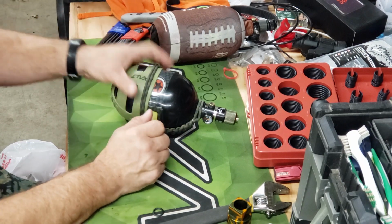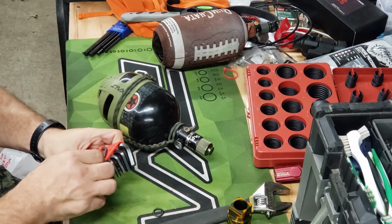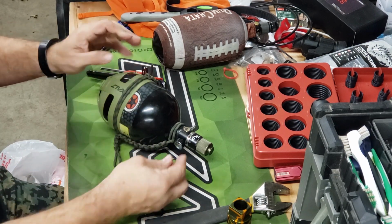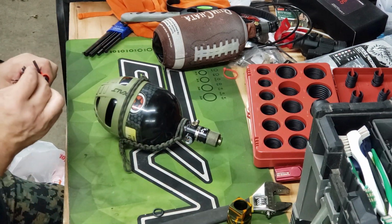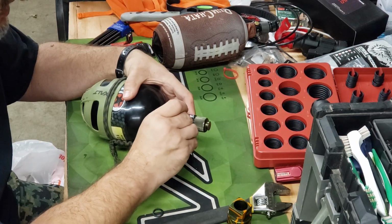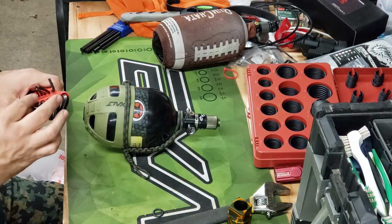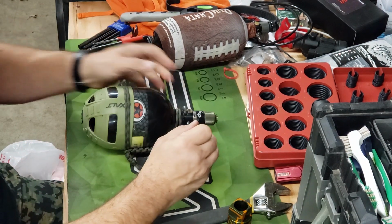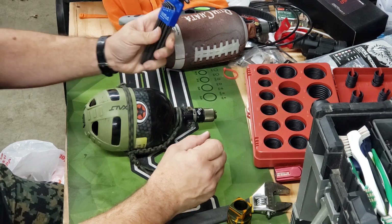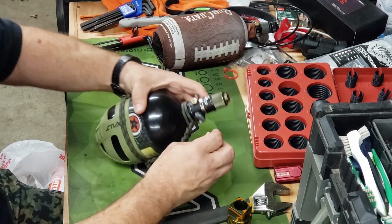But another thing you should do when you're maintaining your rigs or checking anything, besides just the O-ring, is make sure all your Allen keys are snug. Now these are Ninja rigs, so all these Allen keys are standard. On my rental tanks, which are a combination of GI, Vulcan, and PMI, one size down, they have metric Allen keys. And that's another thing. I don't recommend it, but if your equipment uses metric Allen keys, get a set. If you don't really need it. But I work on a lot of people's equipment, so